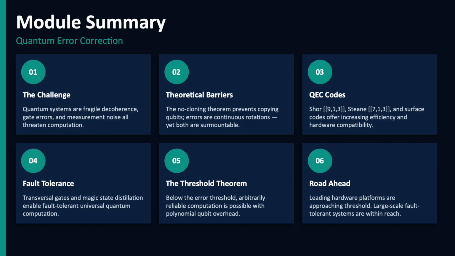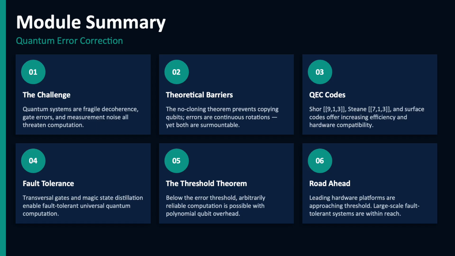This module has taken you through one of the most intellectually rich and practically important areas of modern science and engineering. We began with the most fundamental observation: quantum computers are extraordinarily fragile, and the kinds of errors they make are far more complex and varied than anything classical computing has to deal with. Decoherence, gate imperfections, and measurement errors conspire to destroy quantum information on time scales that are far too short for useful computation unless something is done to protect against them. We then